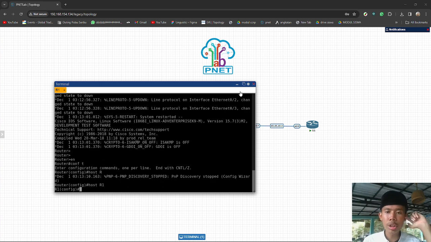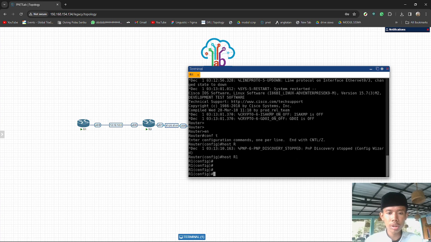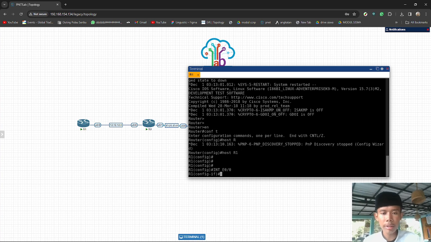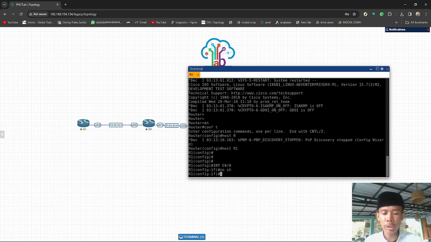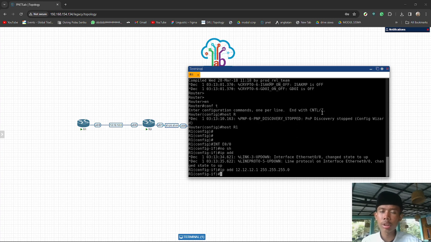We will do some basic configuration like addressing, and we will use 2 IP loopbacks here. So let's go to interface E0/0, no shutdown, to activate the interface, and give the IP address 12.12.12.1 with a /24 subnet mask. Then we will build the IP loopbacks, 1.1.1.1 and 11.11.11.11.